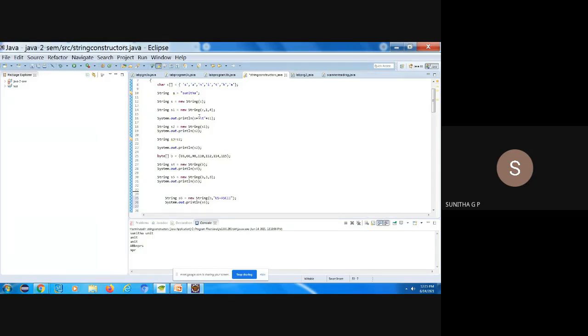Hello? It may be a possible question: Explain the string constructor with suitable example. Okay, a string object is created in Java using bytes, characters, and the other string objects like string buffer and string builder. Okay, so the following are the constructors and the example. Okay, this is how you have to write.